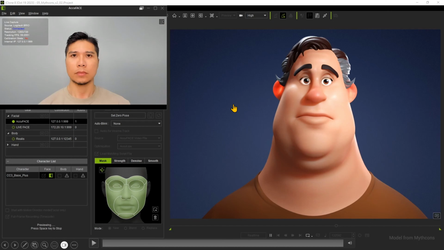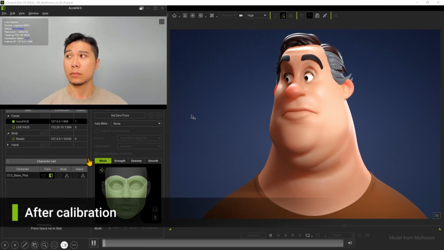This AI system basically replaces motion capture. It just takes a video and then transfers it directly to